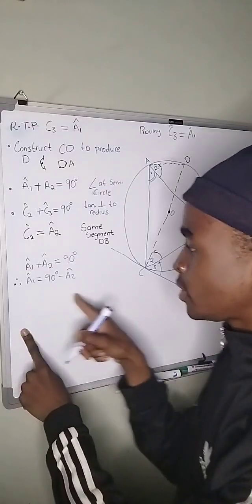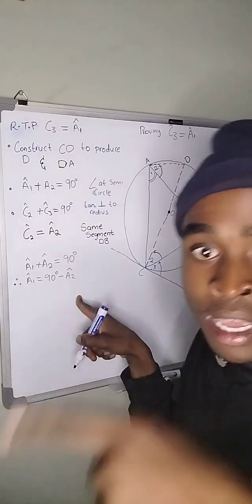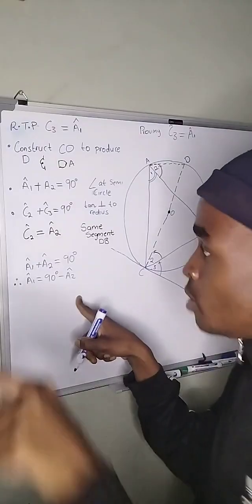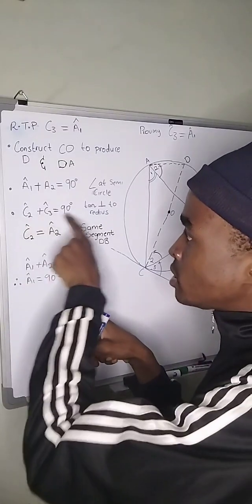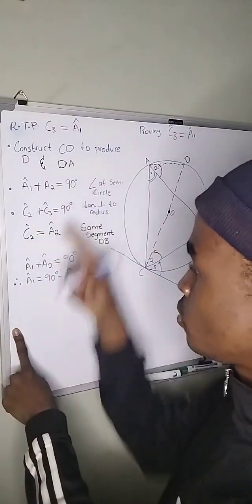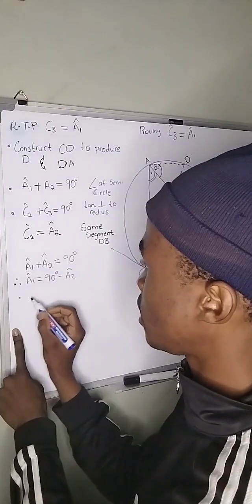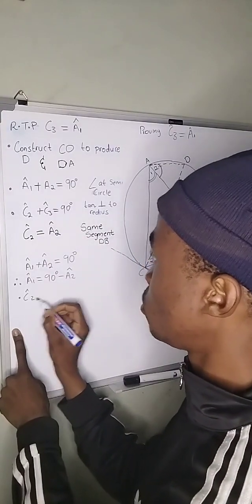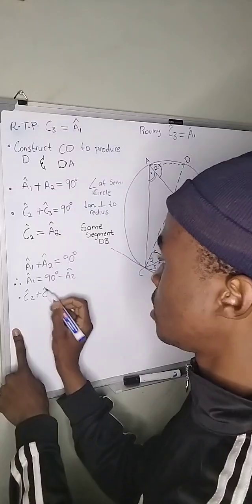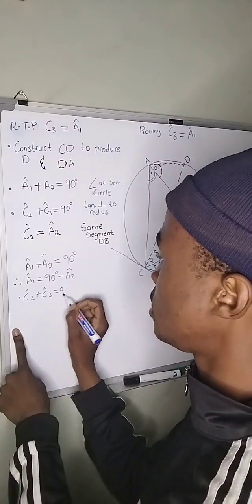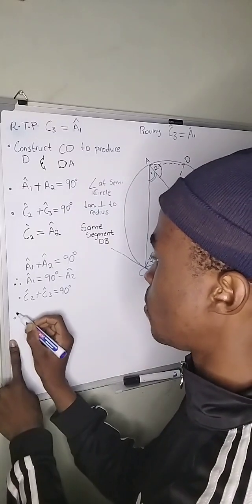This is the first statement that I am quoting, and I'm quoting another statement now relative to C2 and C3. C2 plus C3 is going to be equal to 90 degrees. And therefore,